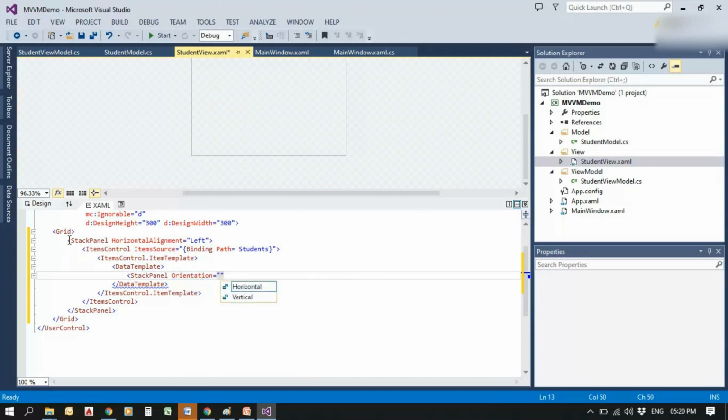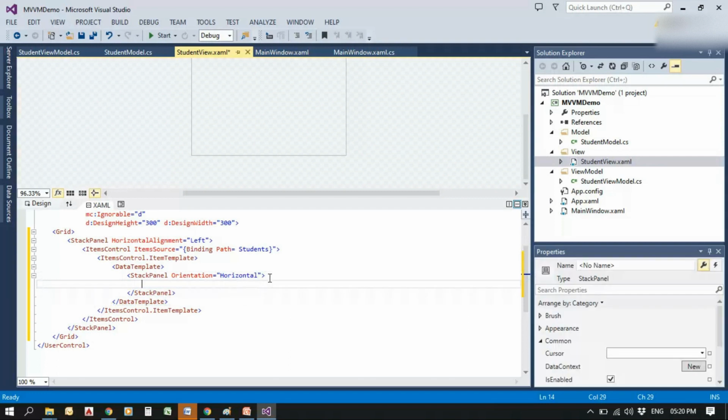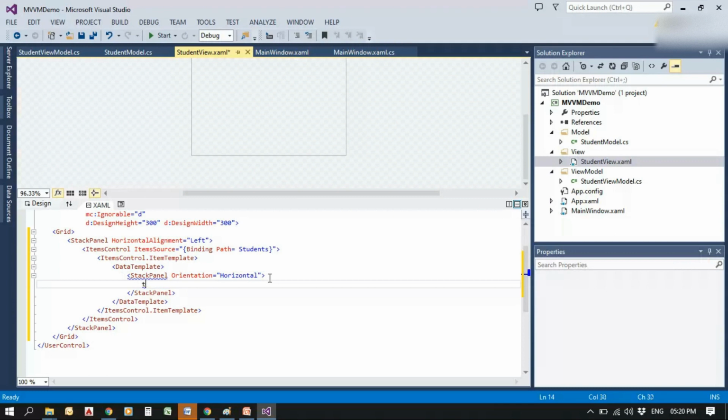So create a stack panel, we will write the orientation horizontal and close it. Inside this we will write our toolbox items. First of all we will add a text box.